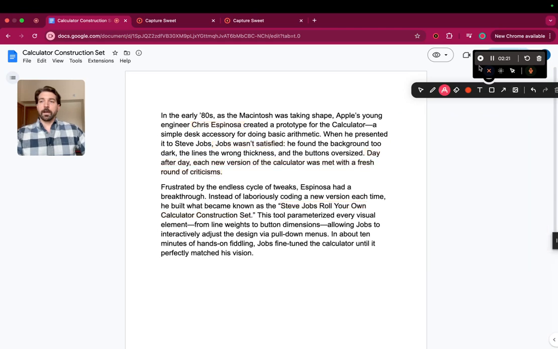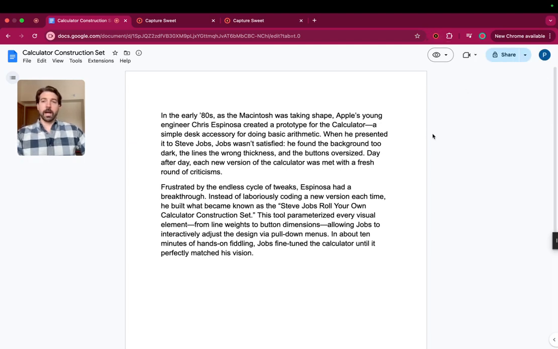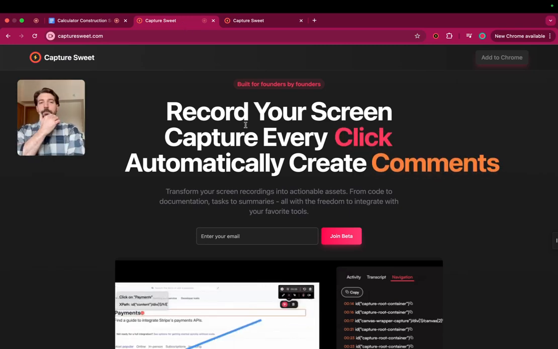So you might have noticed that I am using this tool, Capture Suite, which is essentially a Loom competitor. I have almost 2,000 Looms in my account, but I have found it to be very difficult to do the things that I want to do AI wise. Loom essentially forces you to use their... let me just go ahead and go to the website that I made.